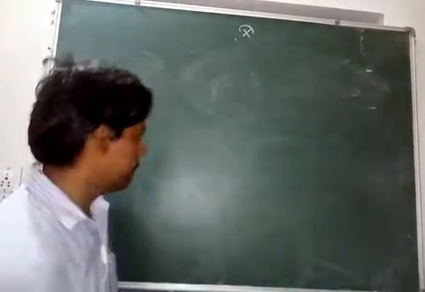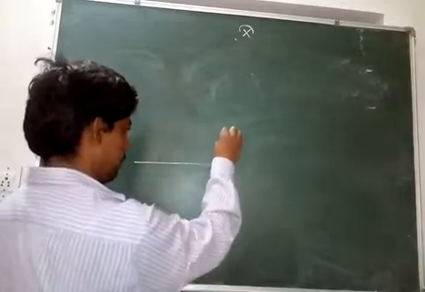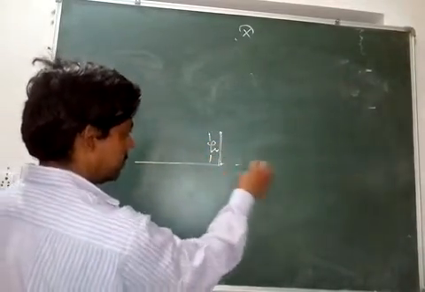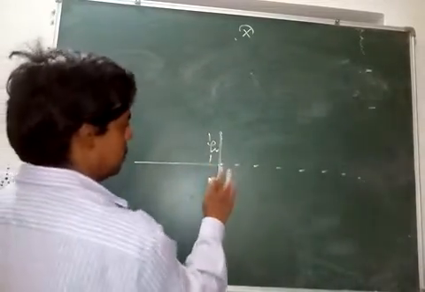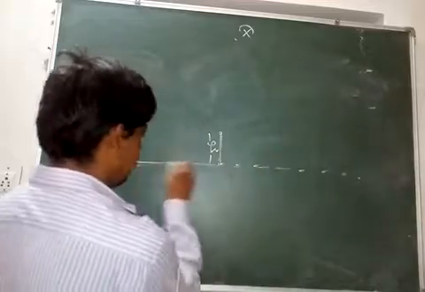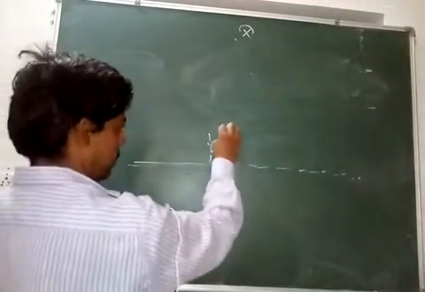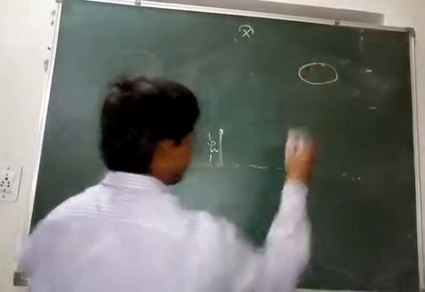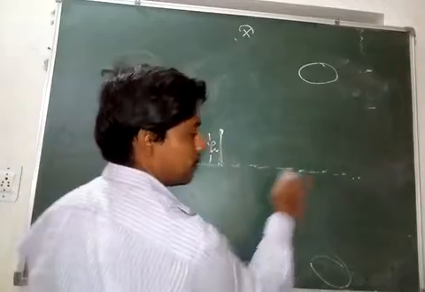So you have a lake here. There is a platform here, and a person might be standing here. This is at H meters. So this is the lake. This is the ground, and the water starts from here. The person is standing here, and he is looking at the cloud here. This is the cloud, and this is the reflection of the cloud in the lake.